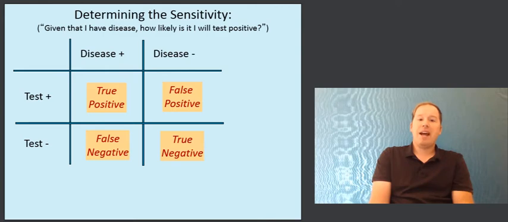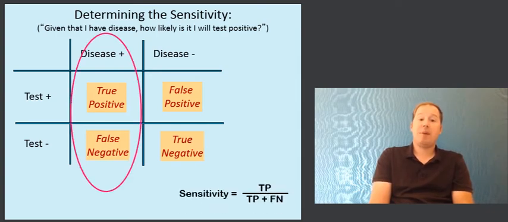So the first thing we might ask is, how do we determine the sensitivity of a test? That is, we ask the question, given that someone has a disease, how likely is it they will test positive? Well, to do this, we have to be interested in the conditions and possible test outcome when the person has the disease. Here you see I've circled, for disease being positive or present, two possible outcomes of a test. The test can either be a true positive result, that is, we know the person has the disease and they test positive, or there can be a false negative result, that is, the person tests negative even though they have disease.